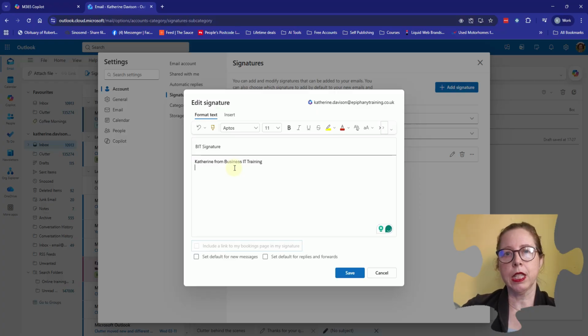Now, if you are a business, we are required to have certain information at the bottom of documentation and emails from our business so that we are identified as a business. And it is a requirement. So just make sure that you do a check and see what is required in your regulatory area or country, I should say. Okay, like here I need to say that